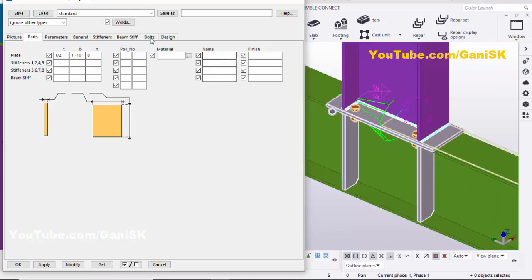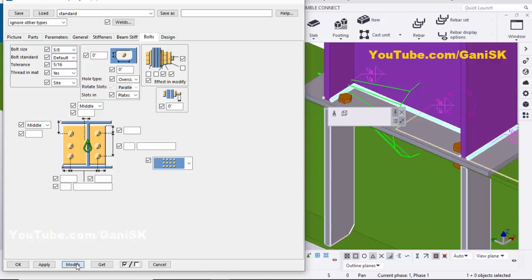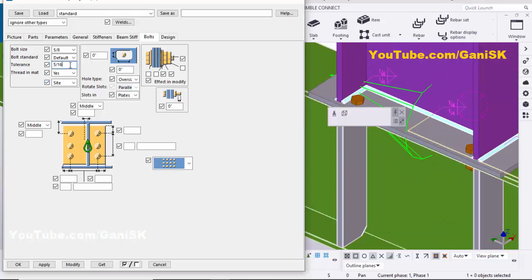Okay, now click on bolts tab. Now we're going to change the bolt sizes and number of bolts. For example, we're going to take the bolt size 5 by 8 inch. Then click on modify to see the result. You can see now bolt size should be 5 by 8 inch. Okay, let's take the tolerance 1 by 16,